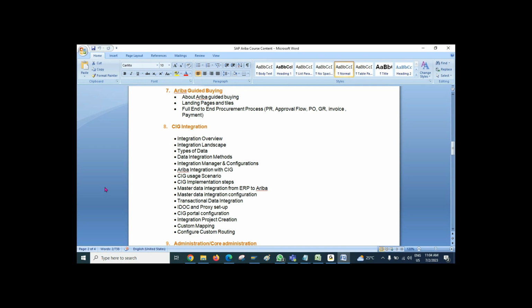Vikram, are we going to discuss the integration point from ERP to Ariba? I may not be able to show you the process flow, but yes, we will talk about live configuration, how to do it in the ERP system. Basically, standalone Ariba is rarely used, right? As per my understanding. Yes, it's your choice how you want to use it. Are you going to provide access for both SAP S4HANA and Ariba as well?